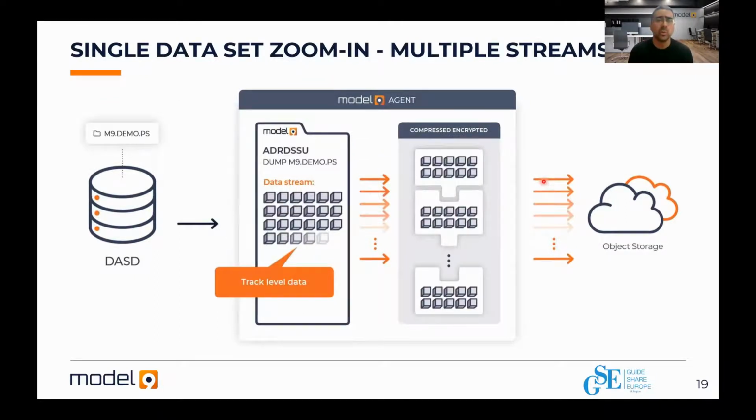While the agent is running multiple backups, I'm now just going to focus on a single backup and how it behaves. Getting that track level data from disk is happening within the Model 9 address space, but we don't go ahead and send any one of these blocks to object storage. That would be a really messy way to do it, and it would impact performance dramatically. So what we do is we take all that data and chunk it up into bigger chunks, something that makes sense to send over the network to the cloud. By default, as I mentioned before, 5 megabytes. But you can see that everything happens in parallel. These chunks are being built up in parallel and sent to the cloud in parallel.